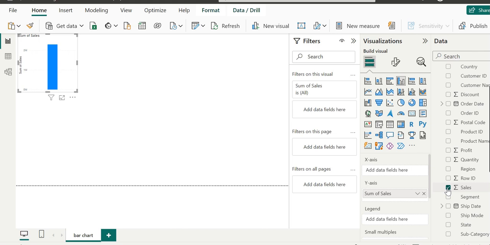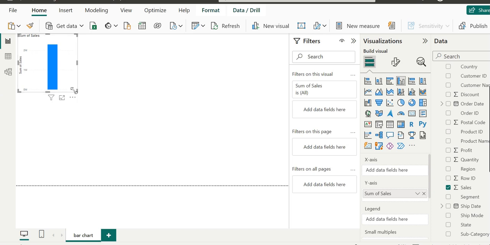If you look at the visualization pane, there is a fourth icon in the first row which corresponds to the clustered column chart, and that is highlighted on its own. At this point, our clustered column chart has one bar, for the total sales.